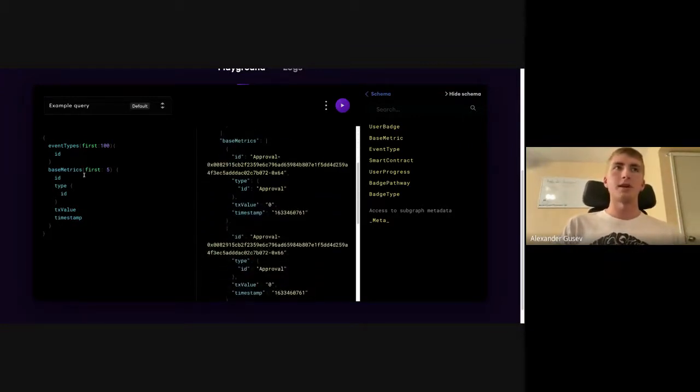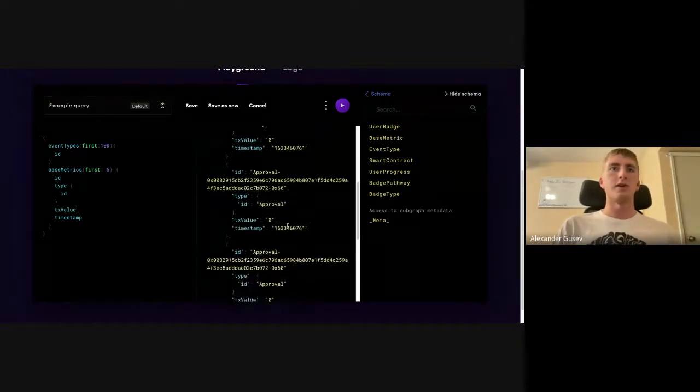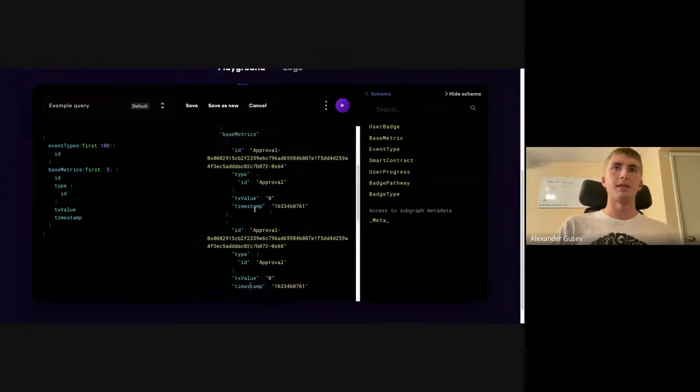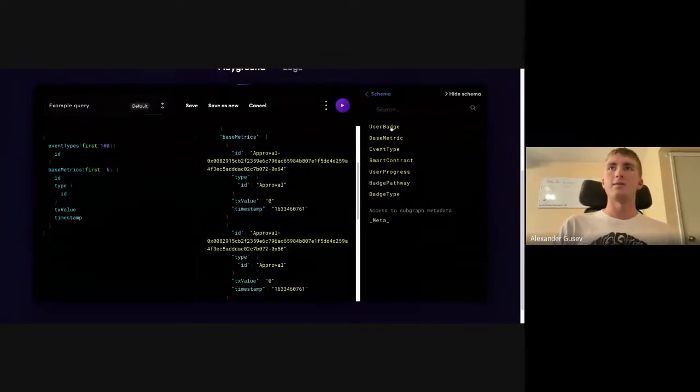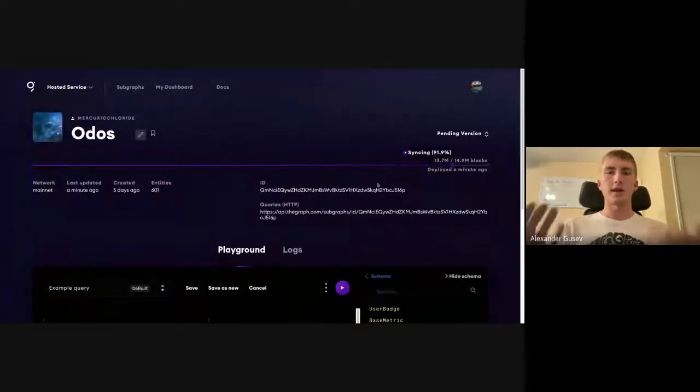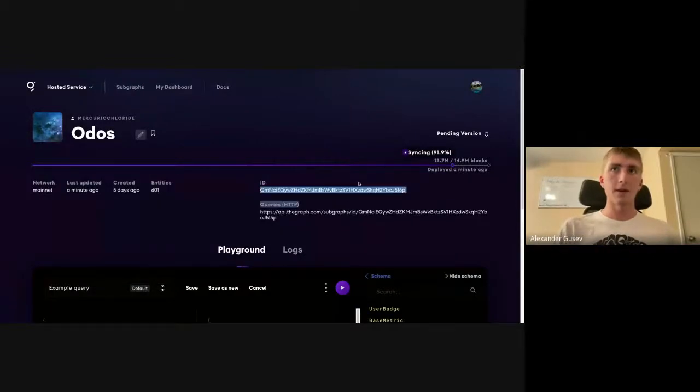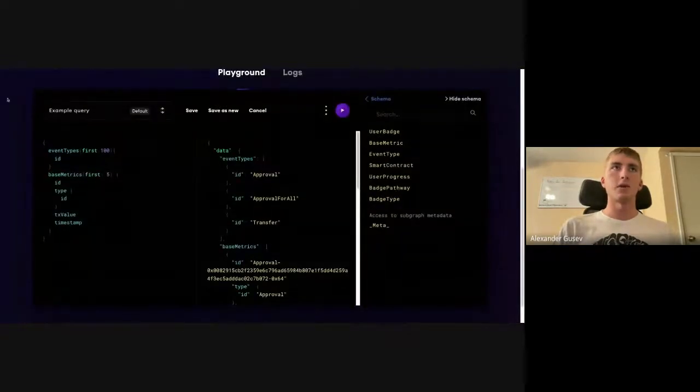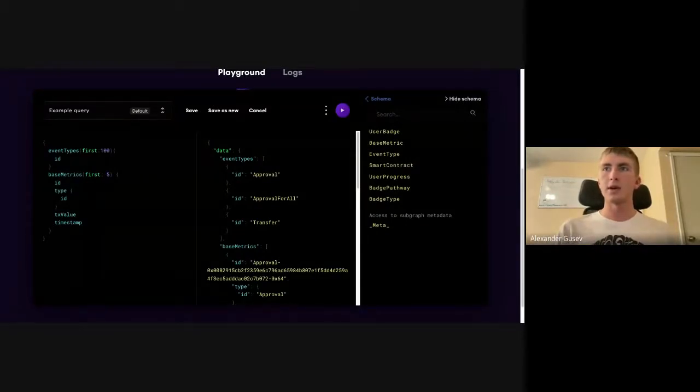And from here, we can also index all those different types of data. So we can get the transaction value here, the timestamp, the event type that it had, and basically we're indexing any contract very, very quickly, which is really nice. And I can do a little bit of a dive into more of the code end of things if anyone's curious about kind of what our schemas look like and how this all works.